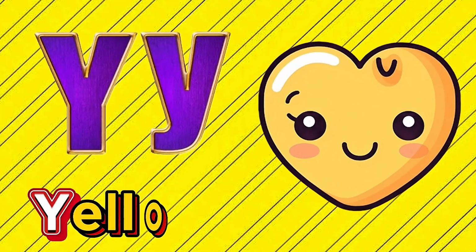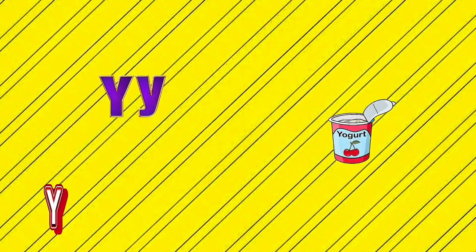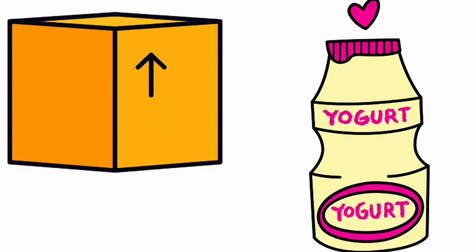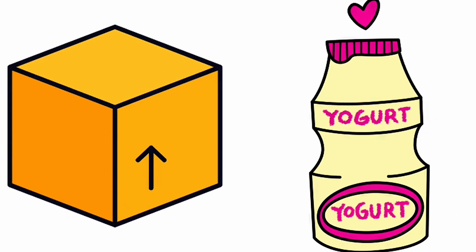yellow. Y is for yogurt, yogurt. Y is for yellow. Y is for yogurt. Z is for zero,